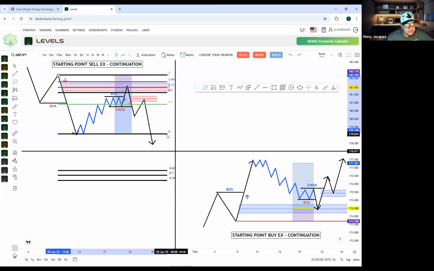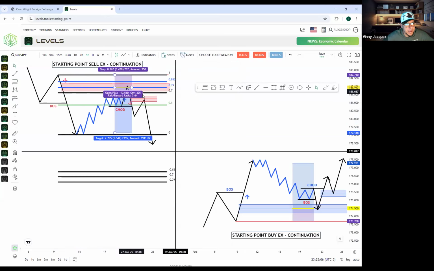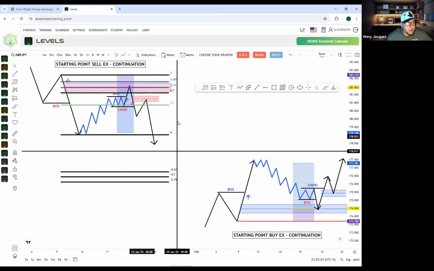Now, obviously, this is a drawing, but again, I would like for the market to come back within my 0.79 and 0.886. Now, I don't really use a whole lot of fibs, to be honest with you, but this is how it's done, right? I like to just focus on the structure because that's what I like. But, you know, this works as well. So for the Zoom user who asked how to throw the fibs on it, this is how you do it, bro. Same rules apply